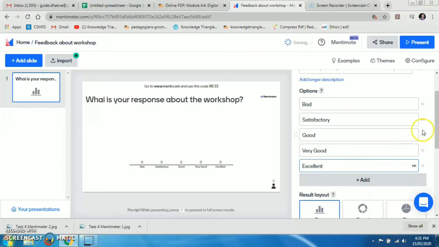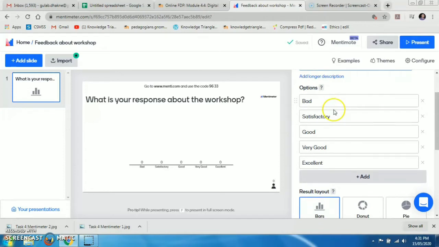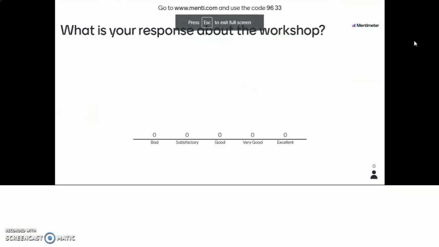Okay. So now the question we have given is what is the response about the workshop, and I have given 5 options here: bad, satisfactory, good, very good, or excellent. So now I can present this question.